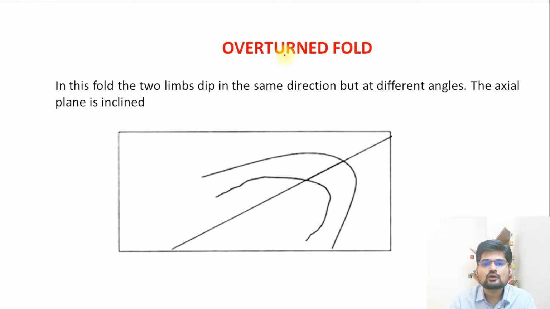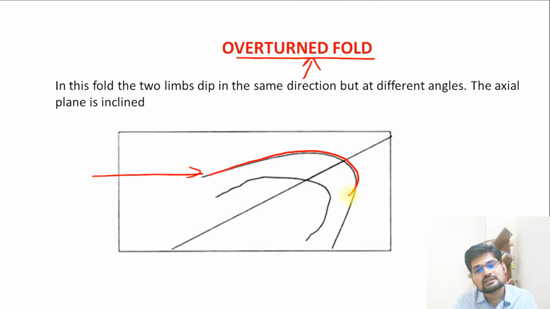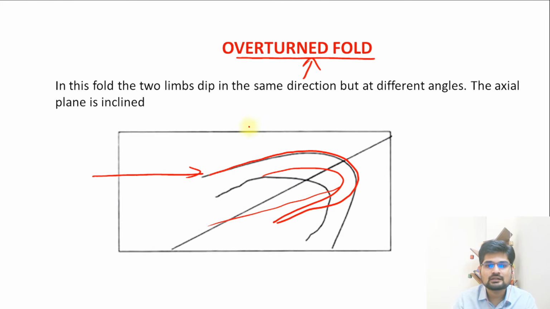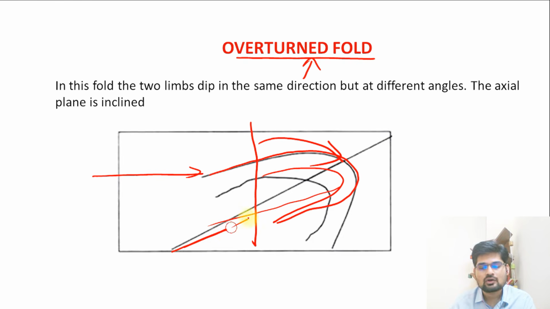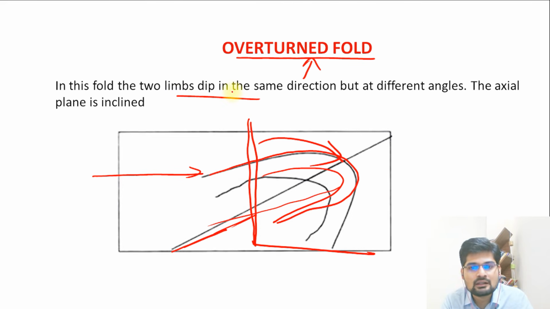The next one is called overturn fold. Now remember, overturning is a representation of what? The force has been extreme from one side, so it has continuously kept turning and turning on this particular axis. So earlier the axis used to be like this, now the axis has turned like this. This particular line has now gone to the lower angle, if you see, right? So this is important here. So it is an overturned fold.